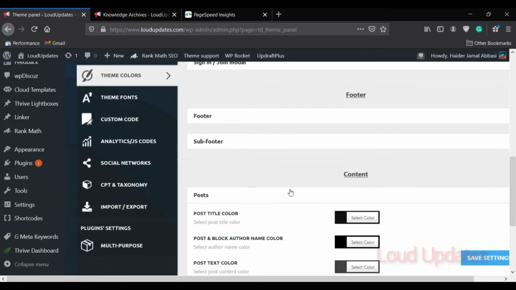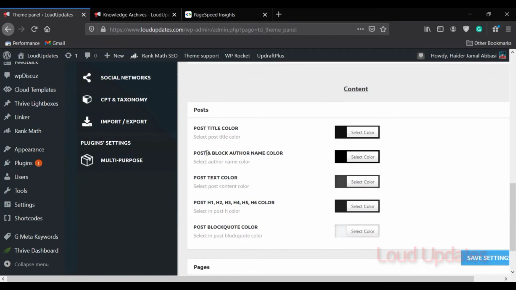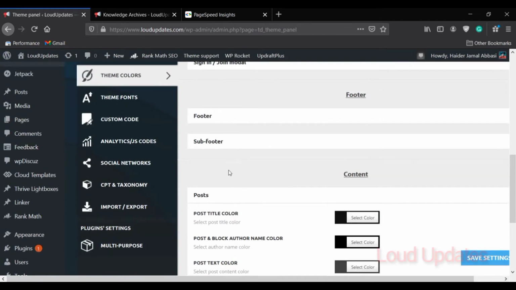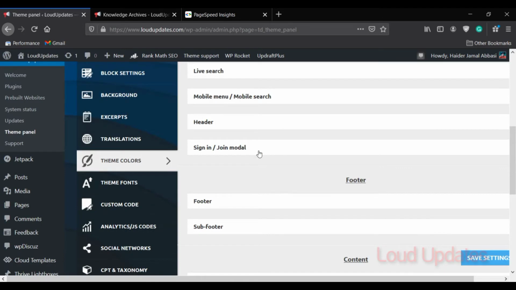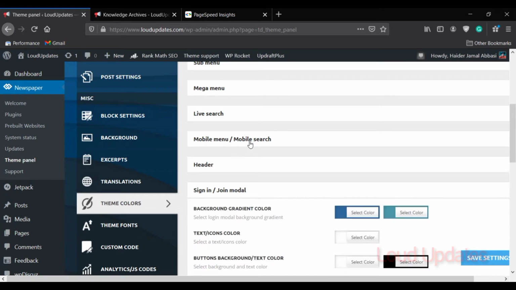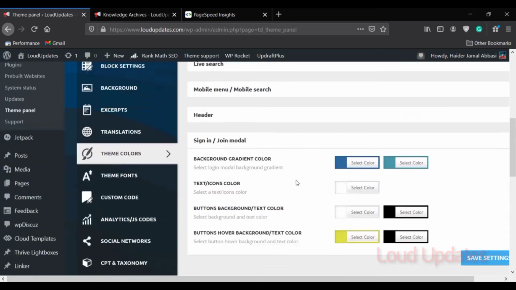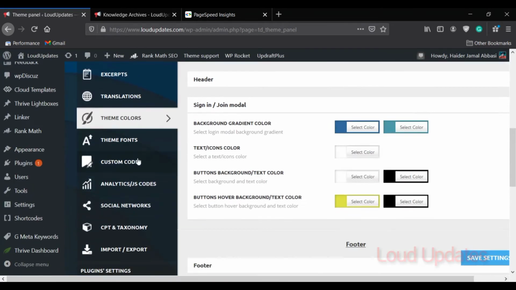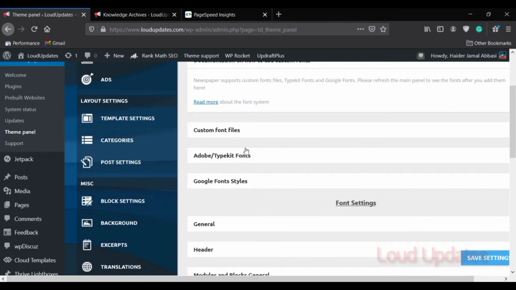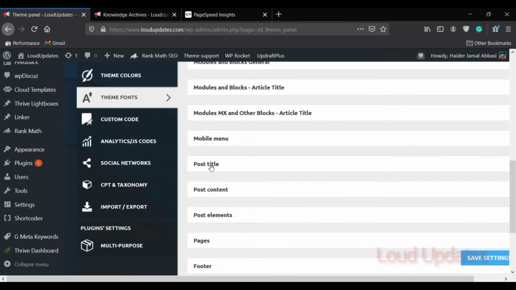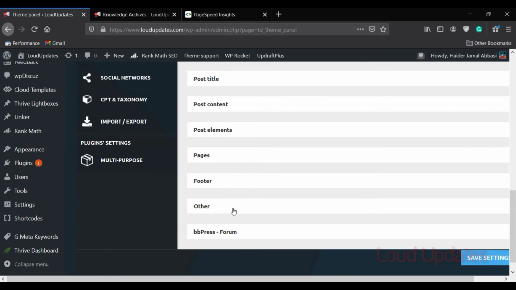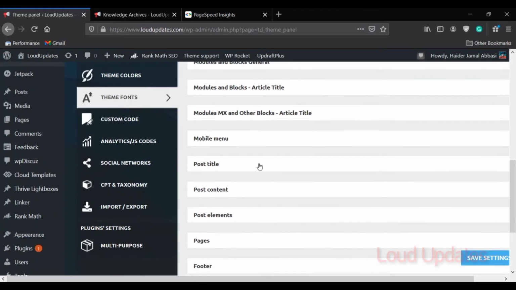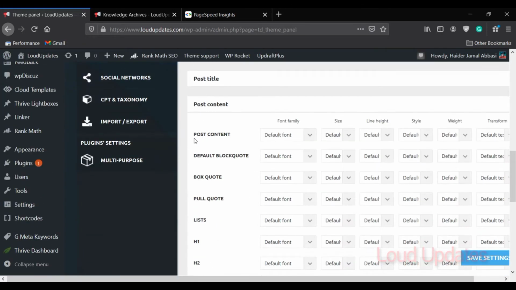How you want to show your post title color, h1, h2 color, sign in, join modal color, header, mobile menu, mobile search color, live search. Here you can see different types of colors available. You can customize your Newspaper X theme colors, footer color, and more, as you want.